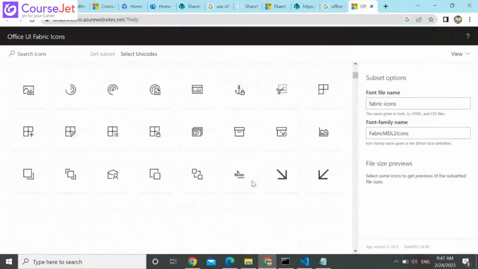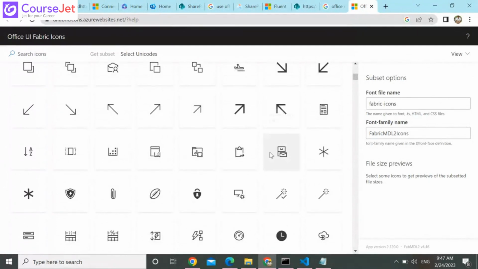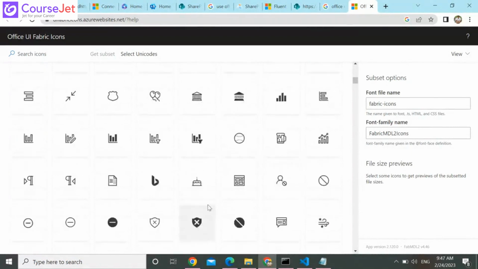Yes, this one we have seen yesterday. If you click on any of the icons, it will give that name, and we can directly add that one. Okay,